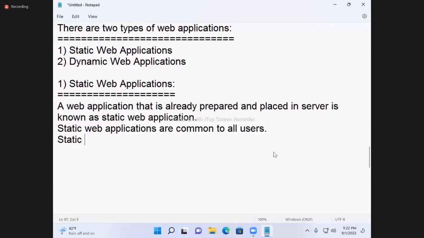Next, static web application resides in server and runs in browser.